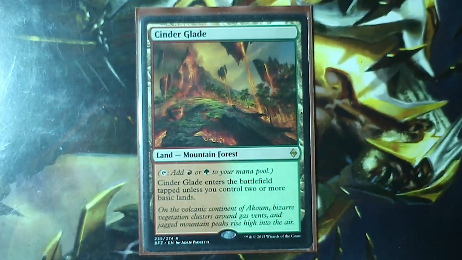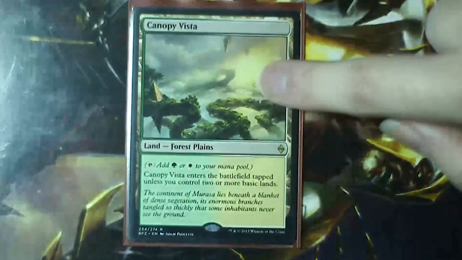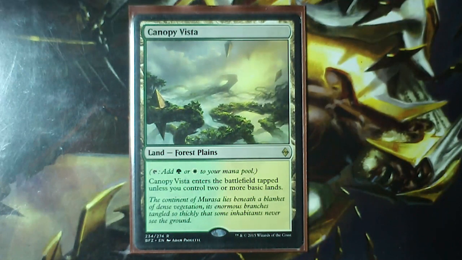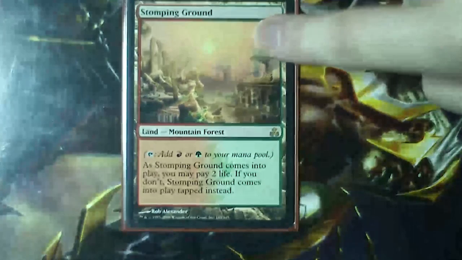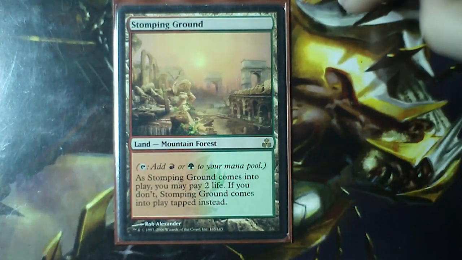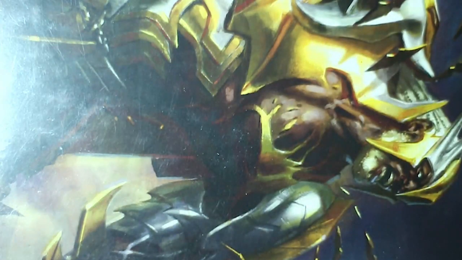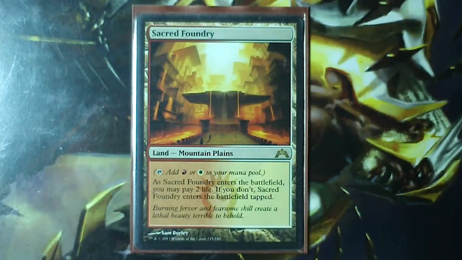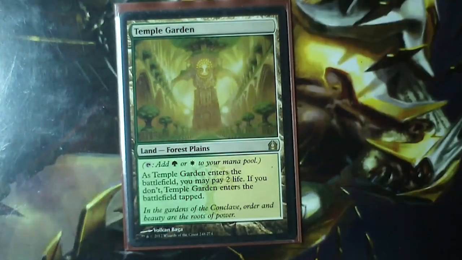Then we have Cinderglade. At the time when I made the deck, there weren't very many options for non-basics with basic land types. And I don't know if they're a complete cycle now, but they weren't at the time, so we just have the two, Cinderglade and Canopy Vista. Then, of course, we come to the Shocklands. We have Original Stomping Ground, my Return to Ravnica Sacred Foundry, well, Return to Ravnica block, my actual Return to Ravnica Temple Garden,